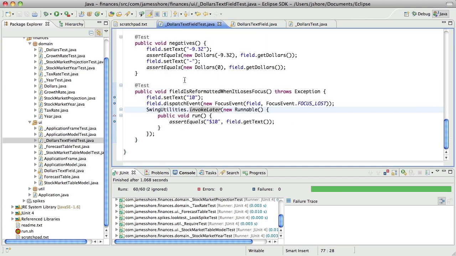The reason for that is that the invoke later actually runs asynchronously. So what's happening is this test is running, putting this assertion on the calling thread, and then exiting and never running. And this really indicates why it's so important to see a failing test before you get the passing test. This one really bit me.